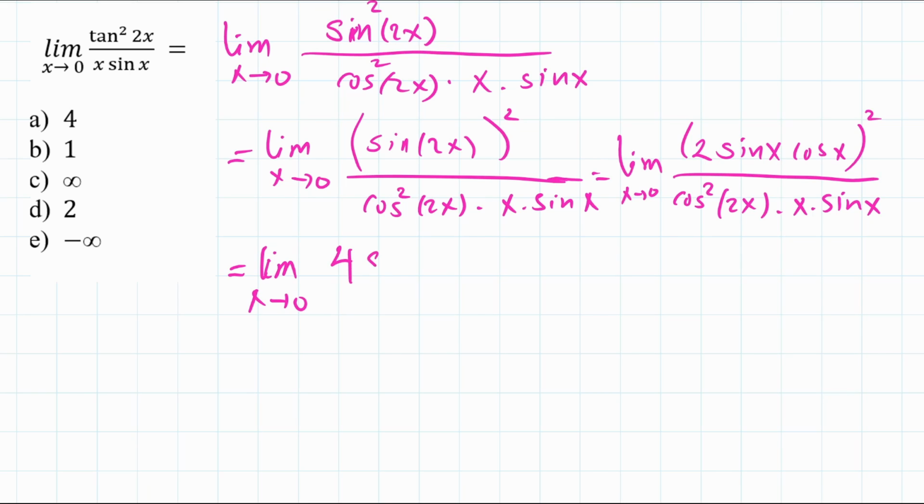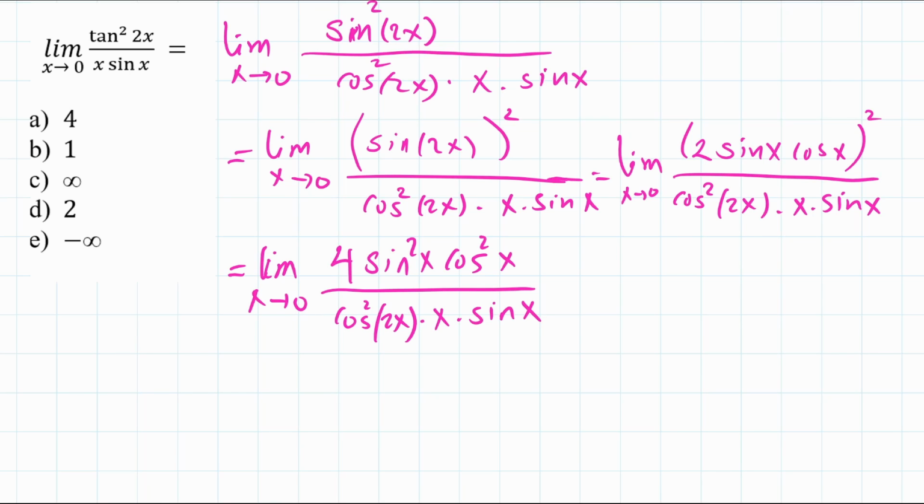This is a 4, that's a sine squared x cosine squared x divided by cosine squared of 2x multiplied by x multiplied by sine x. Now a sine x will cancel with the square here, okay, and the result is going to be the limit as x goes to 0 of 4 cosine, just a small rearrangement, divided, and here's a sine x, and I have cosine squared of 2x